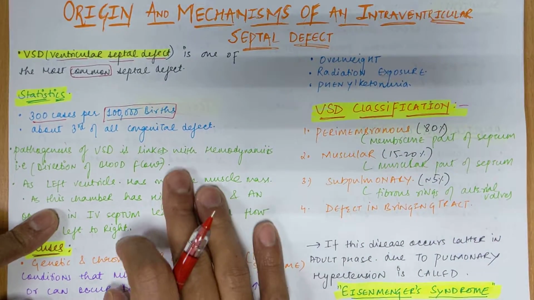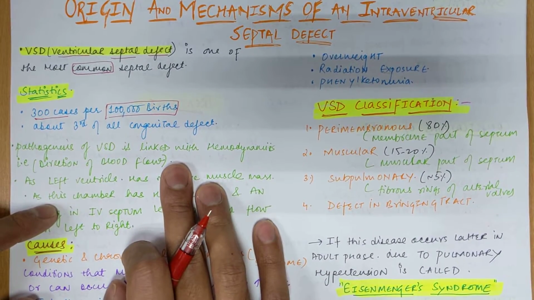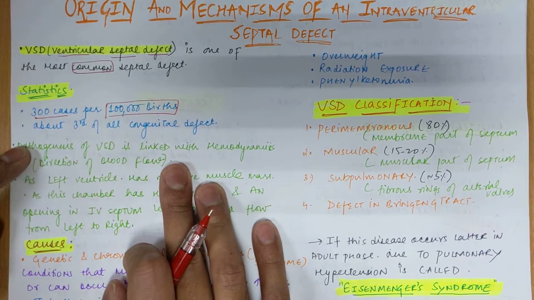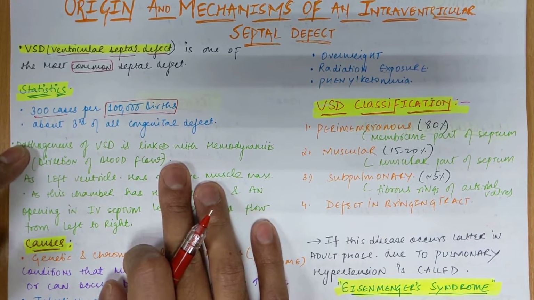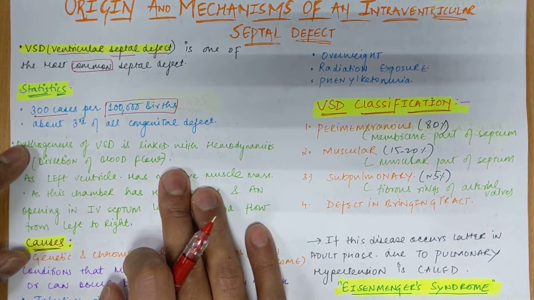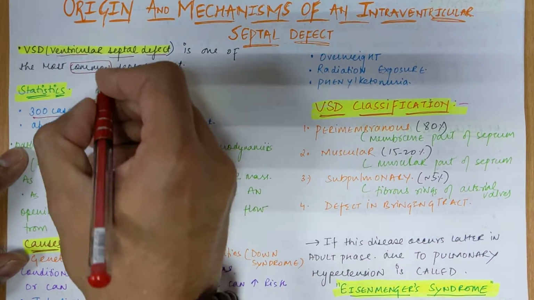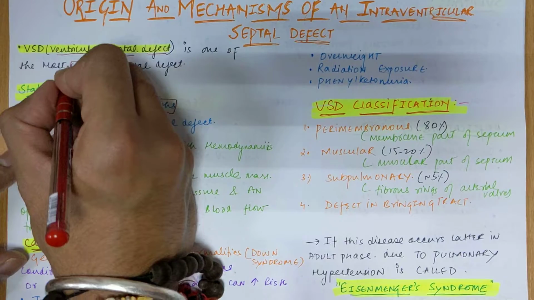Hello to everyone. In this video, we'll be having a brief discussion on the topic of ventricular septal defect. It is a congenital heart defect in infants, in newborns. It is VSD, that is ventricular septal defect, and is one of the most common septal defects